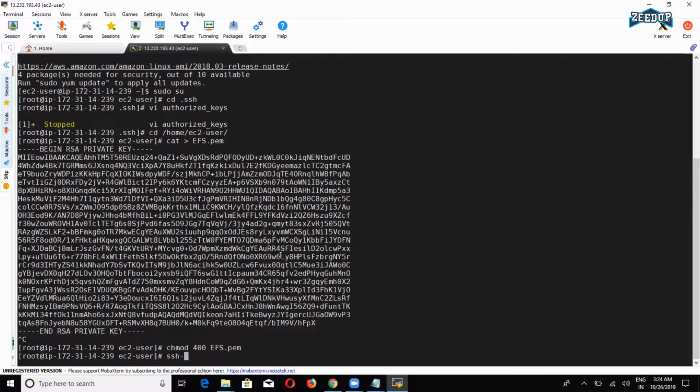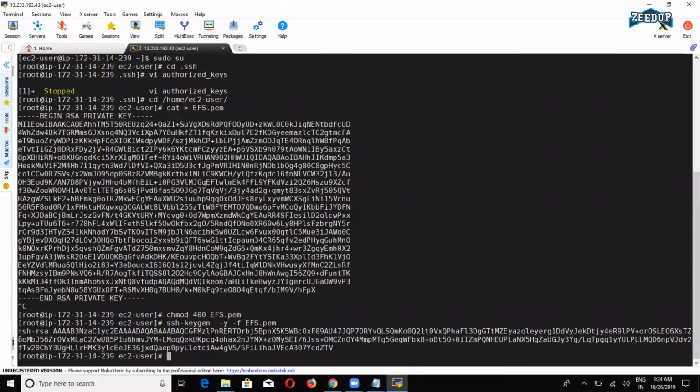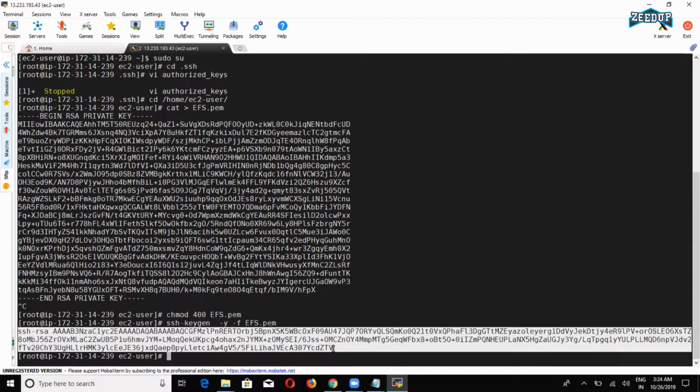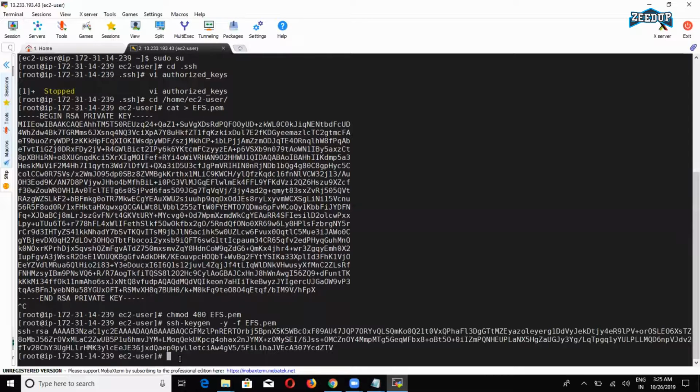Now I need to find the public key of this particular file. So that is ssh-keygen -y -f and then efs.pem. Enter, and there you can see the public key. Okay, so now we need to copy this public key, and since I can't get into that instance,